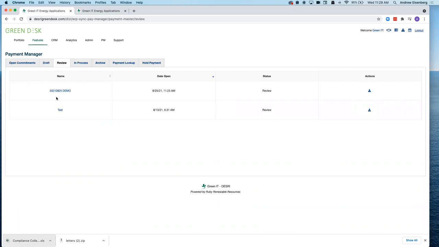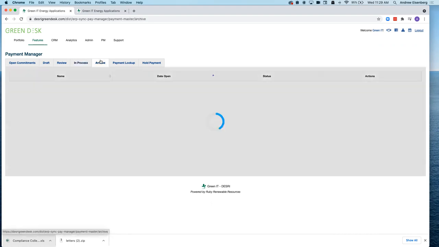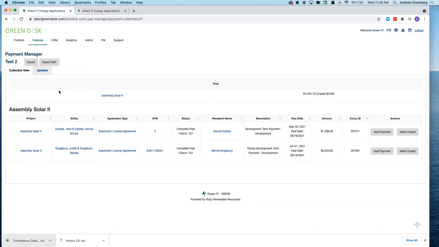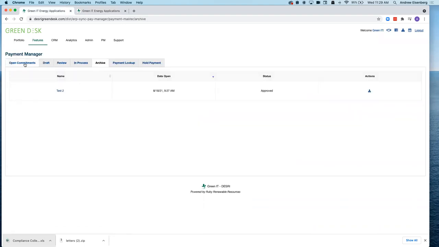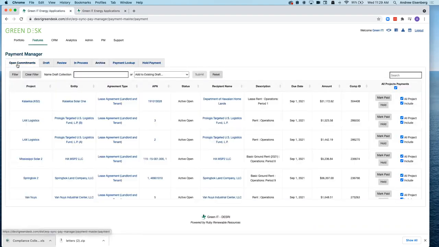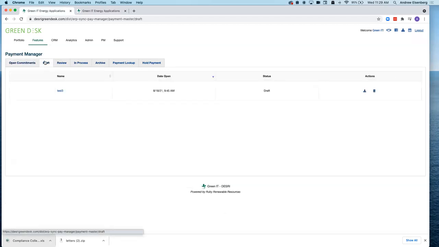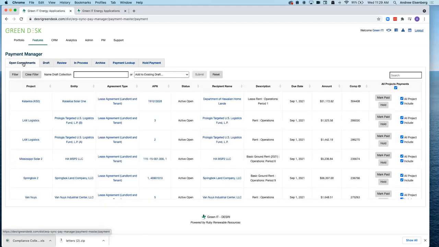The approval from review will move it to in process, and that's where the GreenIT Workday integration works its magic. Once it's fully paid, it will show up over here in the archive. But I think the most important thing for us to focus on right now is building collections and getting your AP approval on it. So coming up for air now, pausing, ready for some questions. Team,